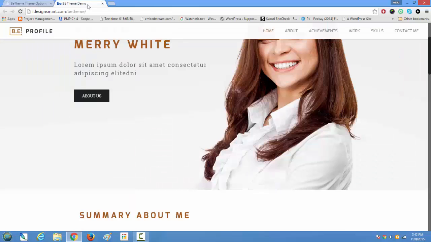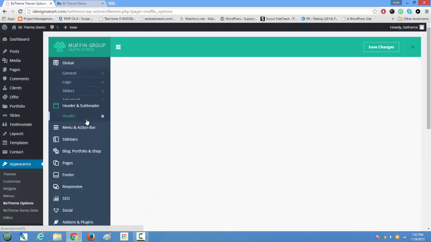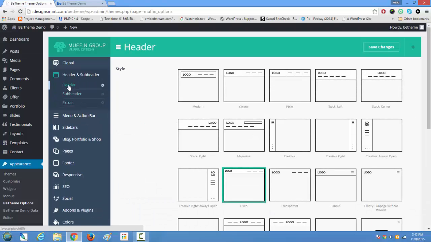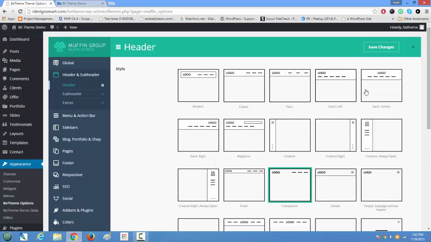So going back to the main area you might be interested in: how do I change this header bar so it looks different, and what options do I have? Basically you go to the header and subheader options, and the first one there is header. If you wanted to display your header like that, you could select anything. I can go with that and say save changes here, and once I save changes, it's going to start displaying a different style